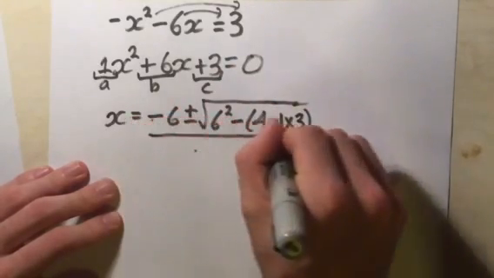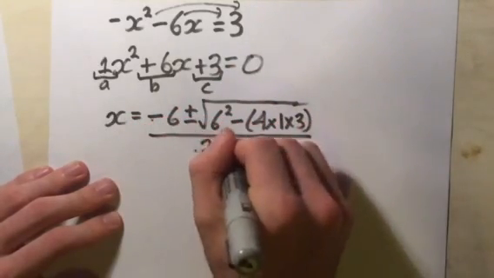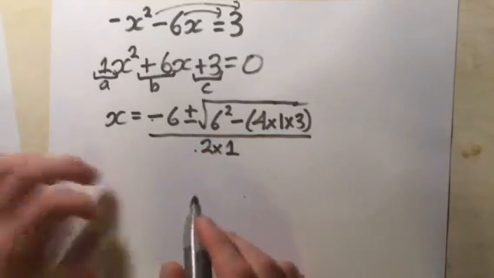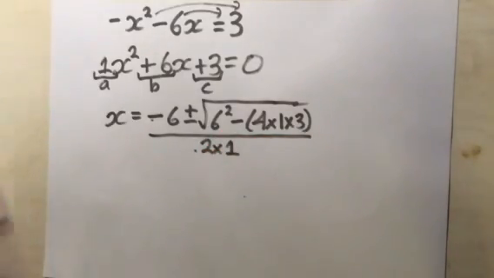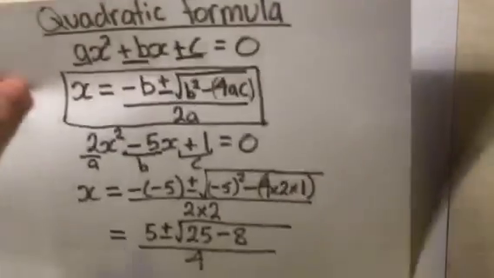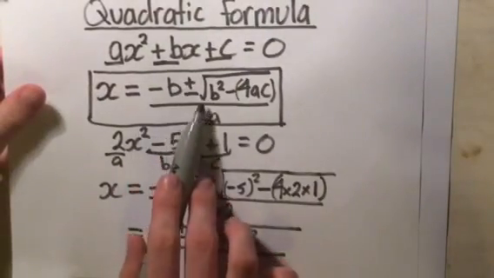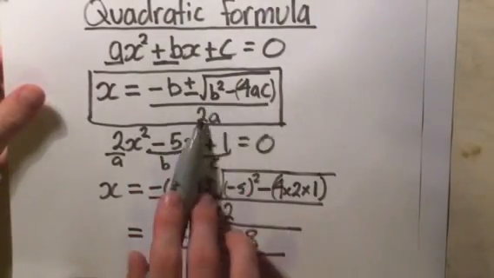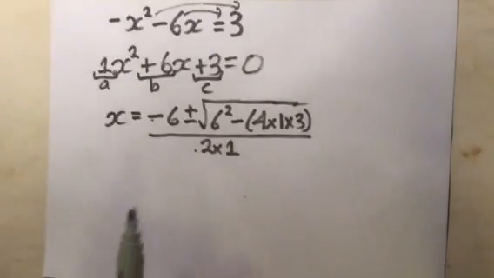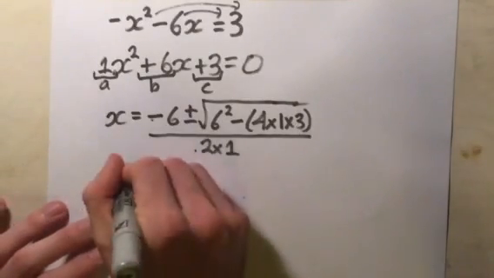And that's all over 2 times 1, which is 2a. Remember, our formula was given by minus b plus minus root b squared minus 4ac over 2a. So I've just put those values into there, and that is going to equal